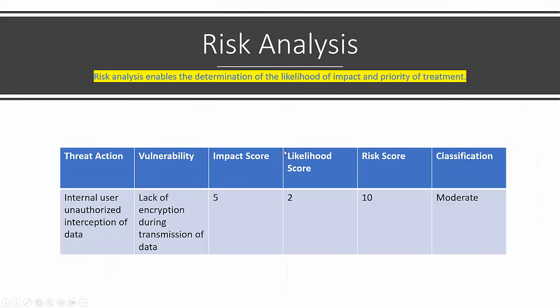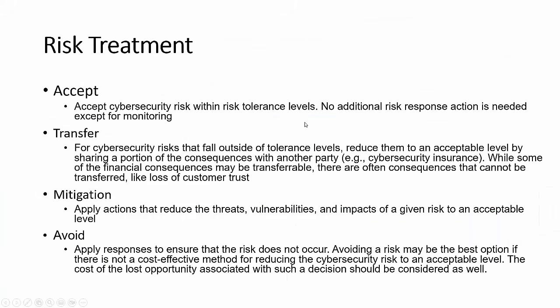Okay, coming back to the slide. When we're talking about treatment, we have 4 types of treatment: accept the risk, transfer the risk, mitigate the risk, and avoid the risk. We accept the risk when the risk is below the appetite, below the tolerance level, or when the cost of control is higher than the cost of risk. We know it doesn't make sense to implement the control, so in that case, we accept the risk. Second, we transfer the risk to a third party.